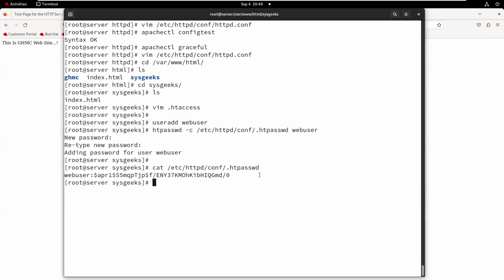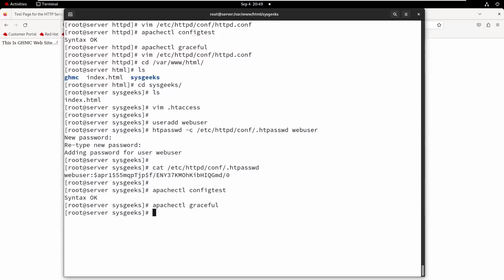The username and password are saved in this file. Perfect, so now we have successfully created it. Then what to do? Again the configuration test, and then the systemctl graceful command.